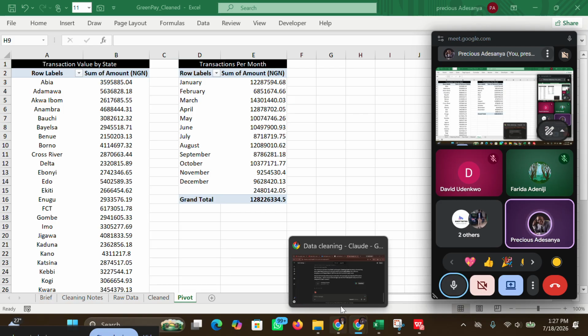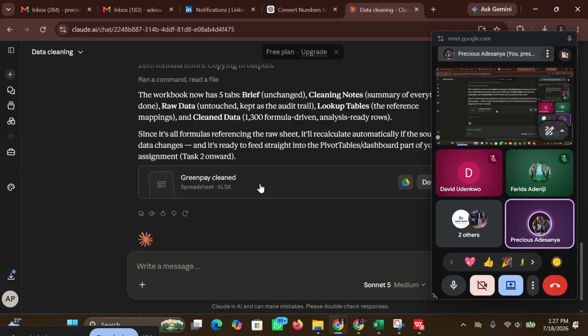While I also explain. So I was talking about this first part, when I was talking about using Claude for data cleaning. Even your pivot, you can ask questions. That's something you can't do in the pivot, but you can ask questions. You can say, okay, what are the pivots